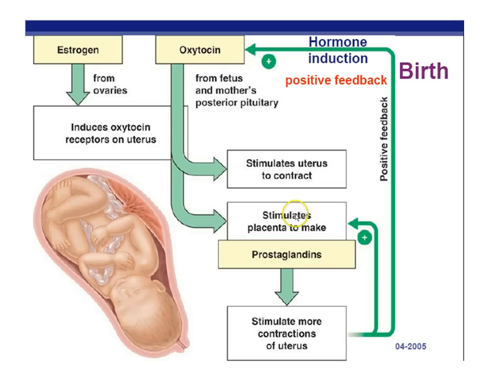As a result of some pushes from the uterus muscles to rhythmically push out the kid, just kind of like the digestive system has rhythmic, pulsing, smooth muscle contractions, we have kind of the same thing going on here. As a result of these pushes, we have positive feedback, which results in more oxytocin produced by the mom's brain, which results in more contraction, which results in more prostaglandins being produced, more contractions, positive feedback. So this is a good example of positive feedback in nature where the products of an action result in more